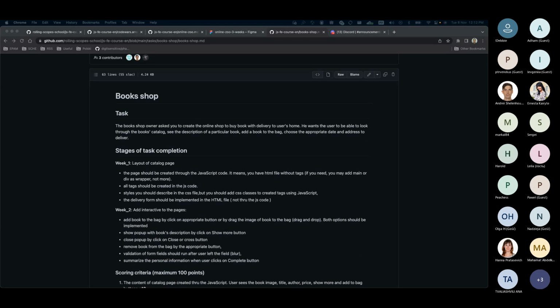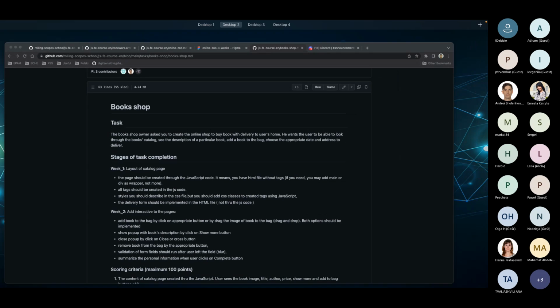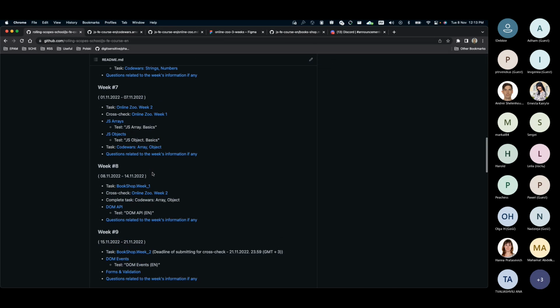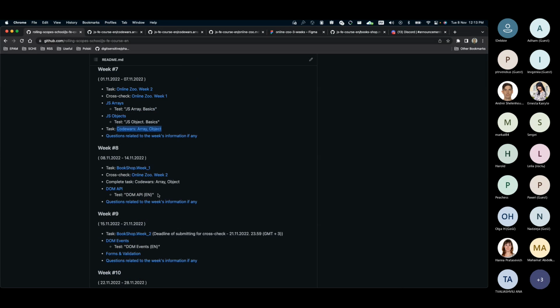Okay, so I believe we're done with the news, unless Anna and Andre have something else to highlight, and we could pass over to the questions. I hope not. Okay, so the Clever's task is until the 14th. Yes, it's already answered. So the deadline for the Code Wars, as I mentioned, for the following set of katas is the current week, so till the 14th of November.